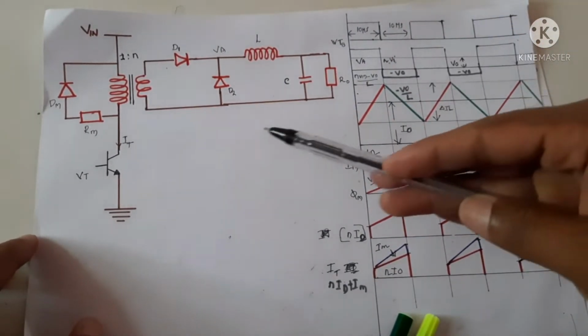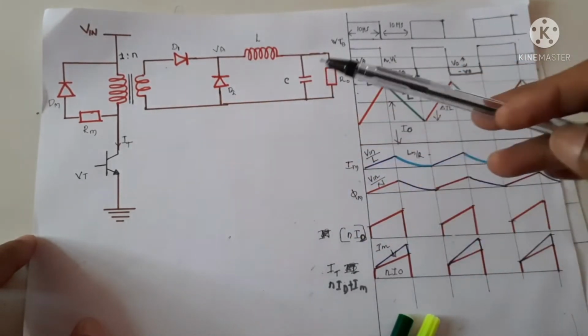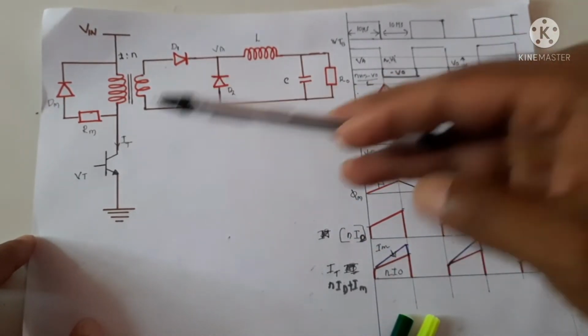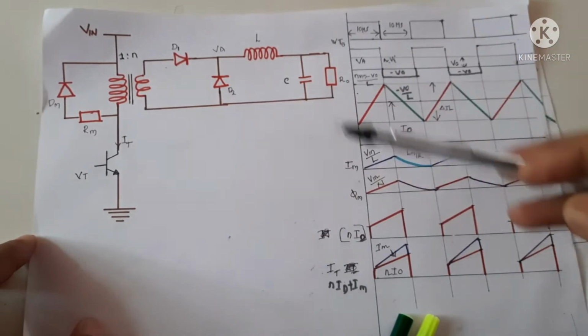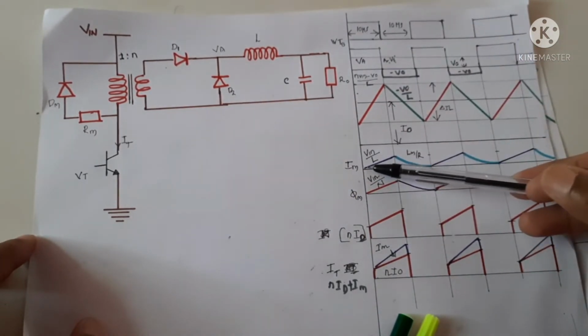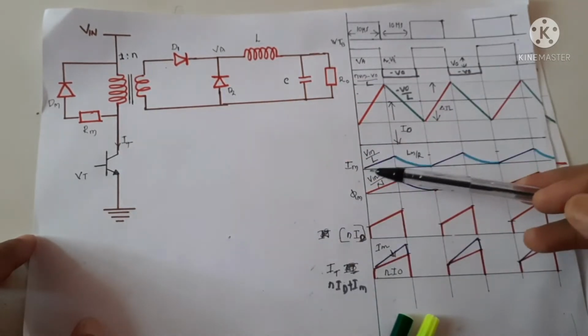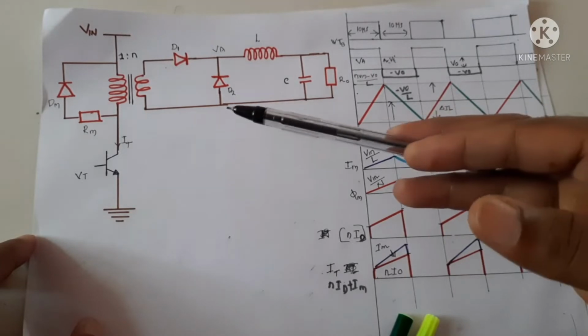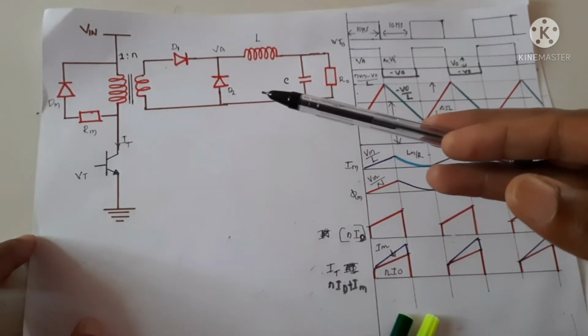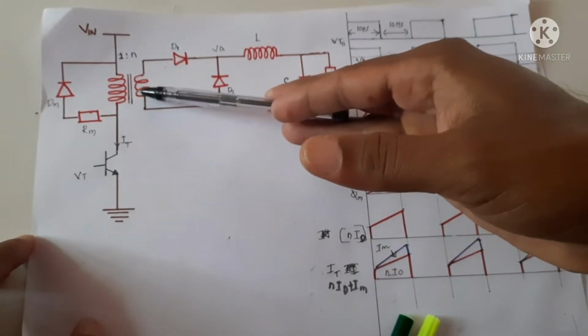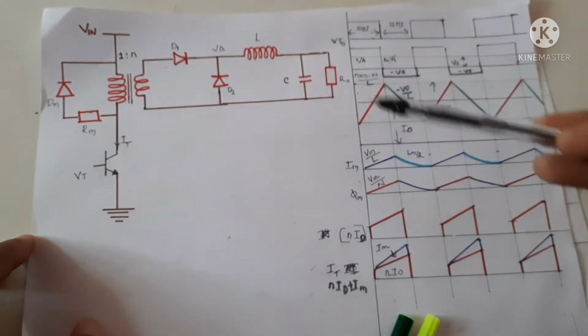So in order to produce this voltage, a current has to flow through this. That current is called magnetization current. It is shown here: Im, the magnetization current, that is flowing in the primary. When that current flows, flux is generated. When flux is generated, the flux links with the coil, and that flux linked with the coil produces an EMF.